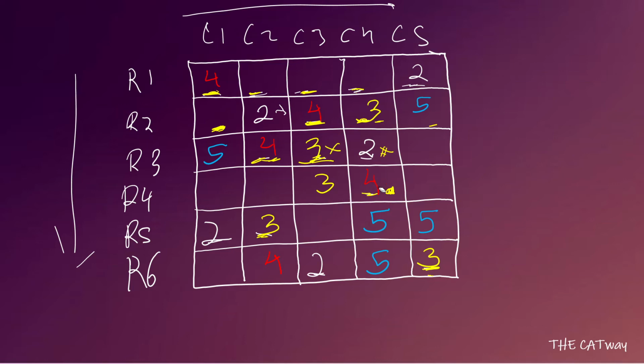Now we will move towards 6 chocolates. Okay, so let's move towards 6 chocolates. So the first, okay, let me write that again. Yeah, so let us begin with 6. So for 6, the first person who is going to receive 6 chocolates is going to be this one. Okay, it will be over here 6. I think the color is not very bright. Just a second, let's change the color.